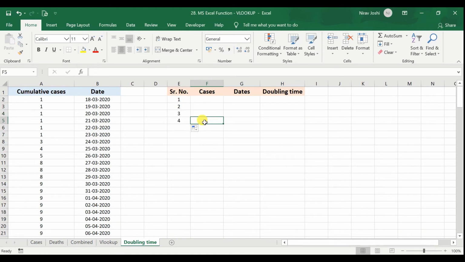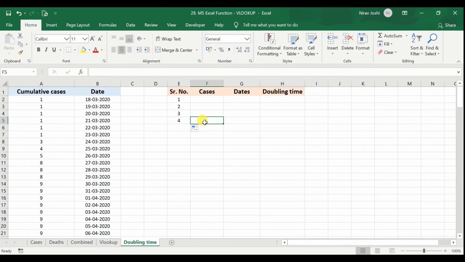As we all know, doubling time is the time between doubling of cases. So suppose there are 500 cases today, and after 10 days the 500 cases become 1000 cumulatively, then the doubling time would be 10 days.